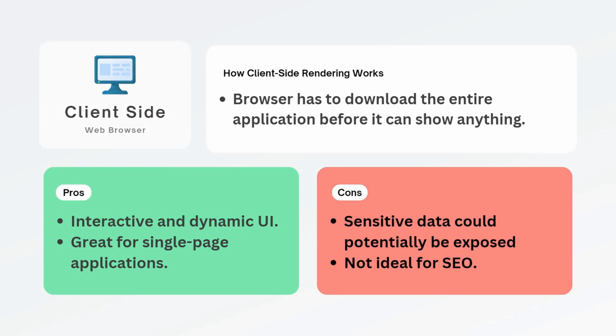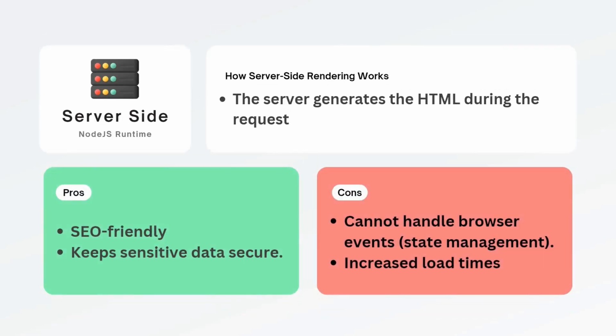So now let's look at server-side rendering. With SSR, the content is generated on the server for each request. So when a user requests a page, the server processes the request, fetches the necessary data, and sends back a fully rendered HTML page. So let's look at the pros right here. It enhances SEO since search engines can easily crawl and index the pre-rendered HTML. And SSR improves the initial load time because users receive fully rendered content right away, resulting in a faster